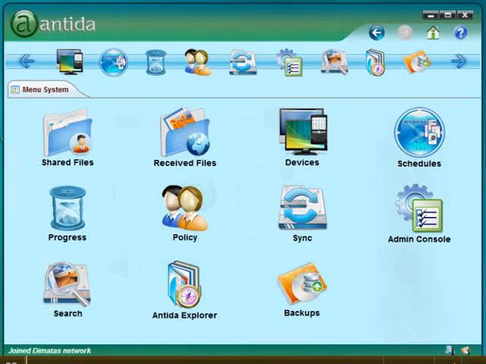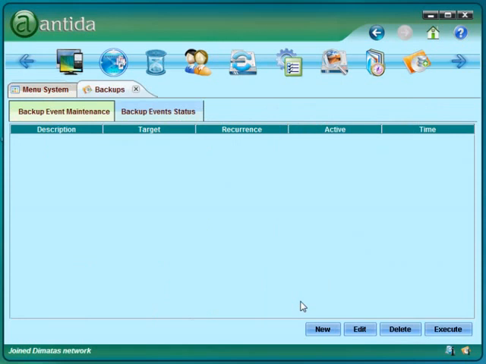Welcome to the backup feature of Antida. Antida has an advanced feature of backing up the data on an external or internal drive. This feature has an advanced destination device identification. Using this feature, Antida automatically recognizes the correct destination device whenever it is available and does the scheduled backup of